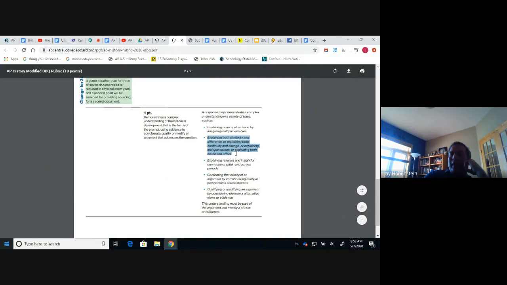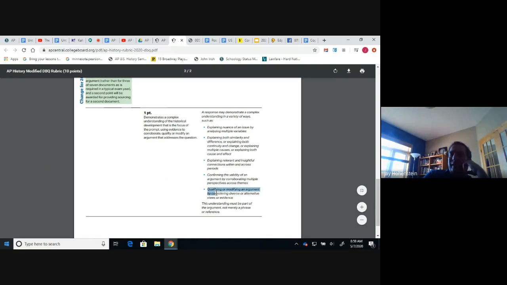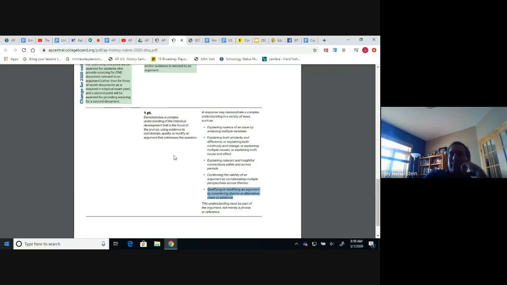So if you're able to explain not just the continuities or the changes, but you're able to do both inside your essay, that's one way you can earn complexity. If you're able to also highlight that complexity in your thesis with an argument, counter argument, or if you're able to take a look at multiple variables, like when I decided to go with a northern and southern focus to acknowledge that there's sectionalism going on, that could earn me complexity. But it's this point right here